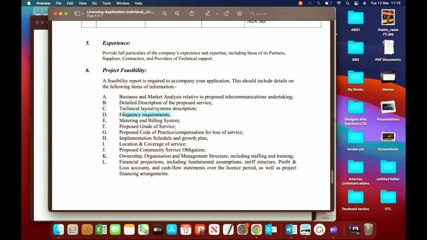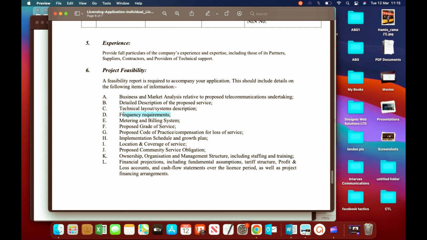Some services, like ISP, may use frequency, even the free ISM band. You don't need to go for paid frequency. So it depends on you and how you intend to do it, and who are the guys assisting you in building your feasibility, how you intend to make your delivery.